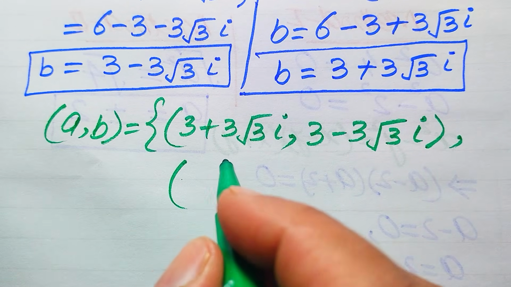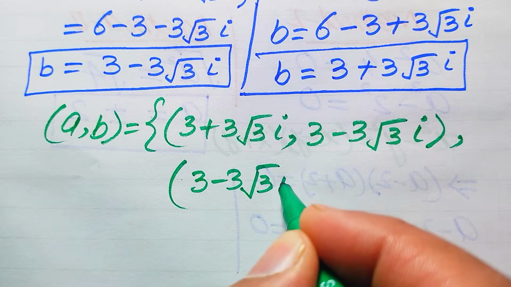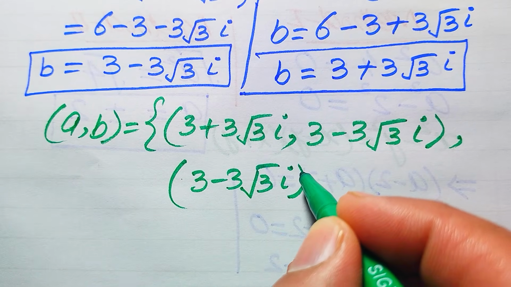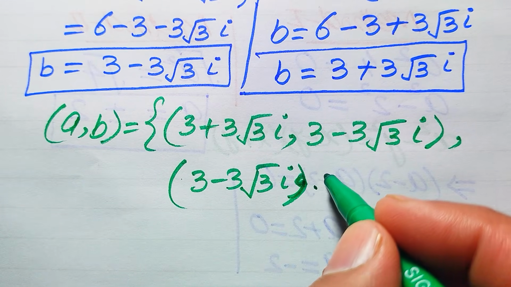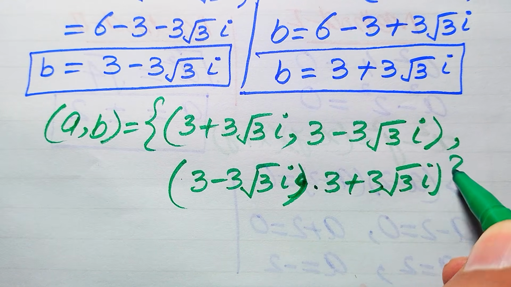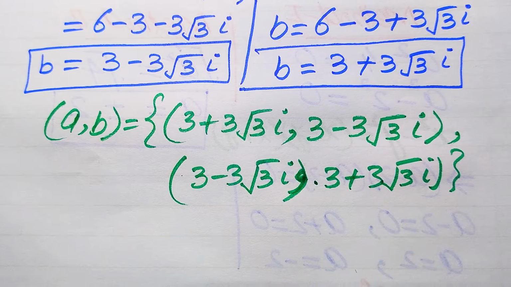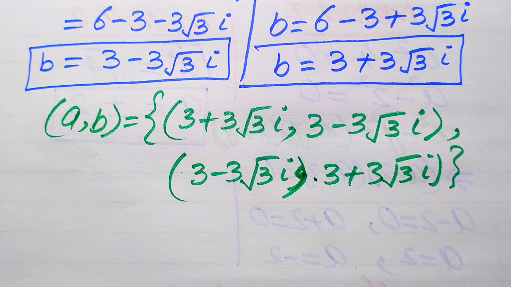The second solution is a equals 3 minus 3 times the square root of 3 into iota, and the value of b is 3 plus 3 times the square root of 3 into iota. So we have these two pairs of solutions in this question. And this is our